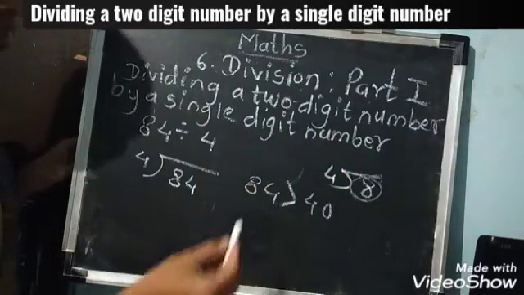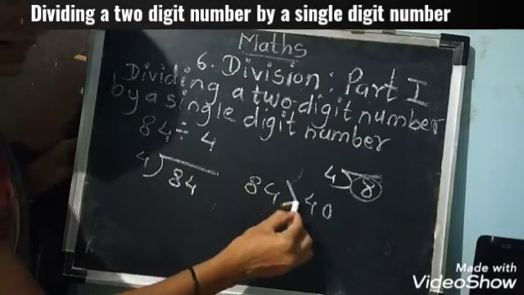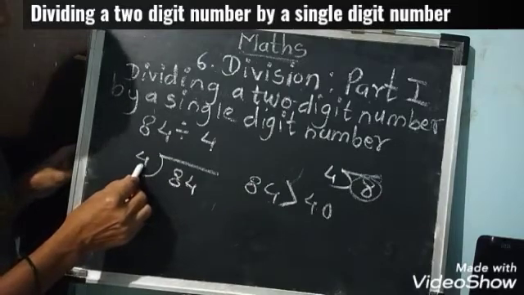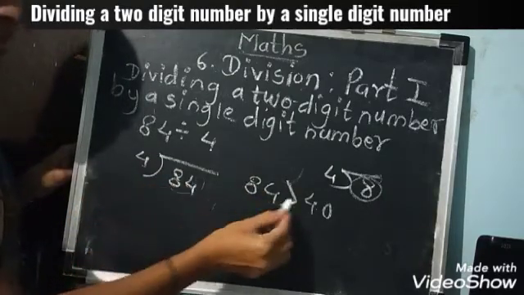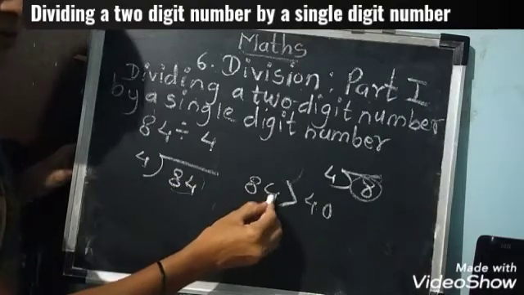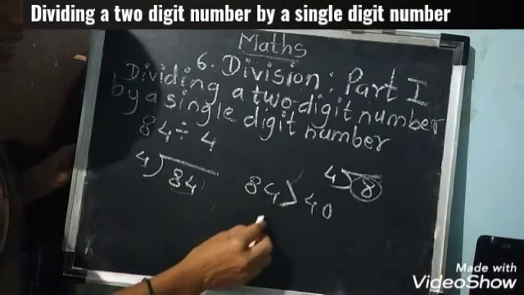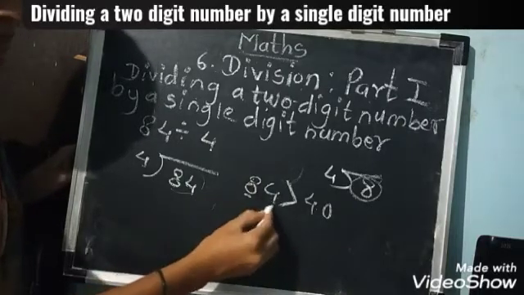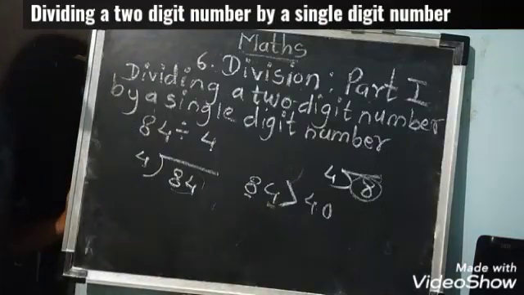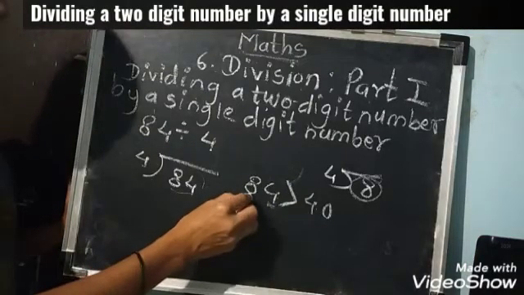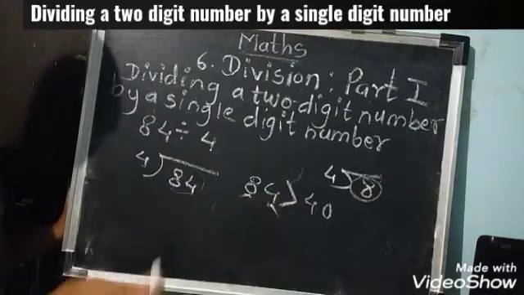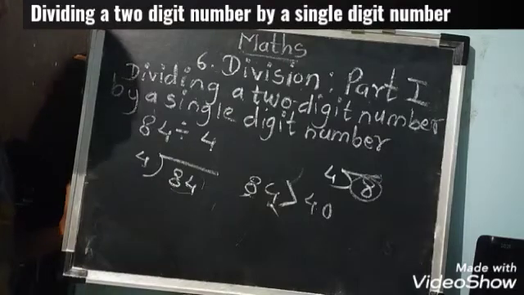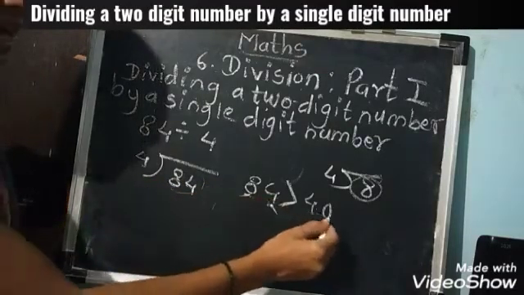That means divide. If the number is bigger than 40, why have I taken 40? 4 tens are 40. So if the given number is bigger than 40, then we have to eat like a chapati, cut into pieces and then eat. How? Then 8 separately and 4 separately we have to divide. That means we are cutting the number into digits and dividing separately. Why? Because this number is bigger than 40.